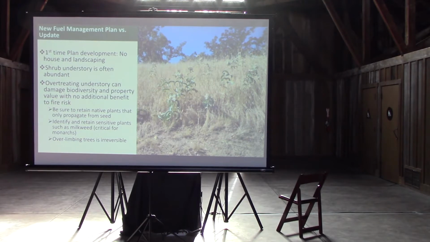So we've talked about two different kinds of plans during the morning. The first time that a house is constructed, that first plan is really different from the ones that we go back to 5 years later. The first thing is there's no home, and there's no landscaping. So the thing that we come across most often is an abundant understory, if it's a treed environment, or a continuous shrub